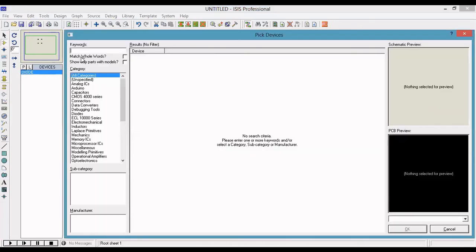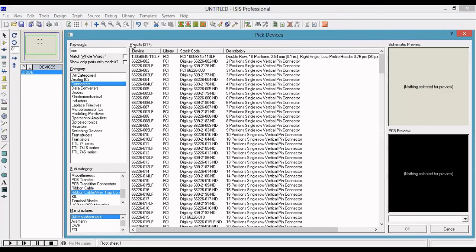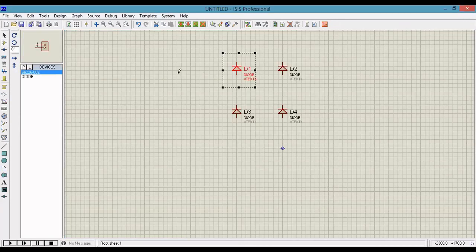Next one is connector. I need some connectors. There are a lot of connectors available. You select ribbon cable connectors. In that you take the two position, two pin connector. We need a two pin connector. This is for input and another one for output. So there are two connectors we need.